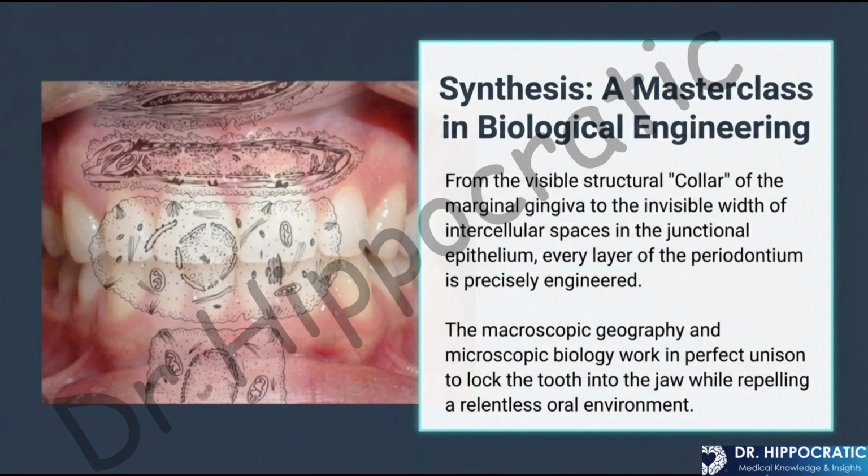If materials scientists and bioengineers can eventually decode and replicate the exact mechanotransduction pathways and chemoattractive signals that build the geography of the gingiva, we could completely revolutionize implantable medical technology. Exactly. The blueprint for the ultimate biological seal is literally sitting right behind our lips. That is a profound thought to end on. From the simple act of brushing your teeth to the future of bio-integrated prosthetics, the answers lie in understanding the